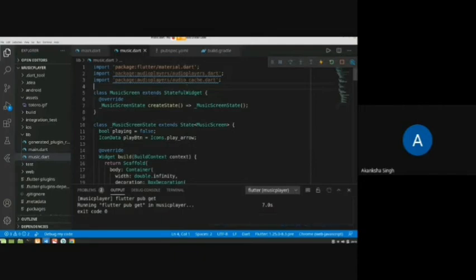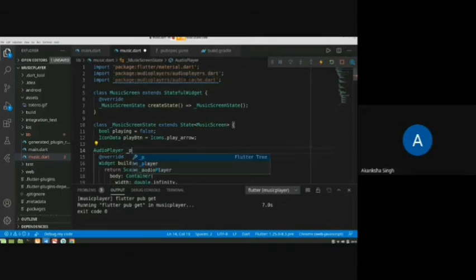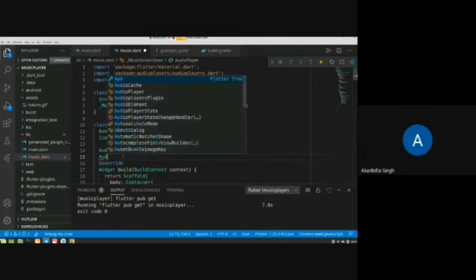Because it creates a local file and stores all the assets in the cache, so it's easier to play the files. Now we will be initializing and declaring the objects. So we will declare an object of audio player and of audio cache,